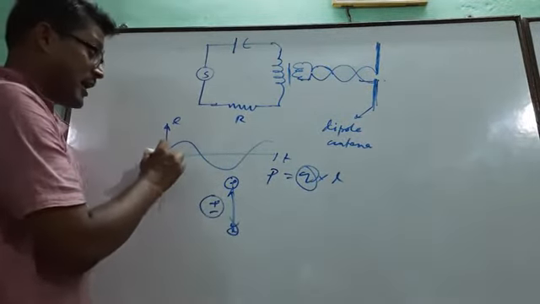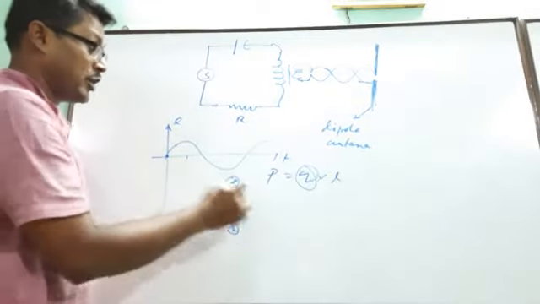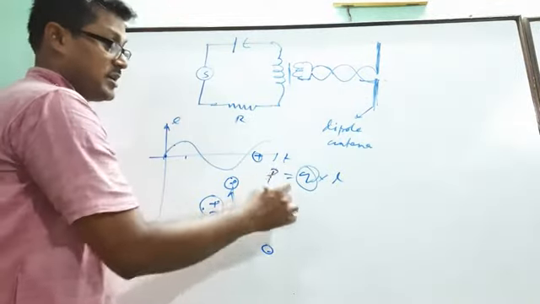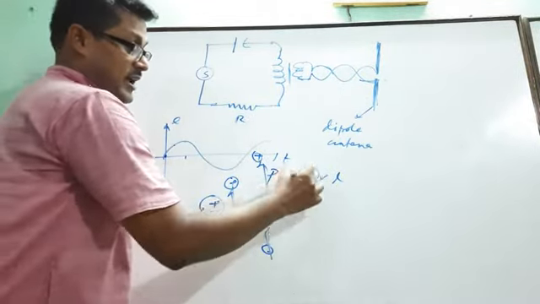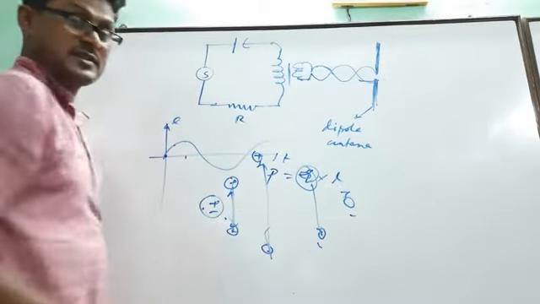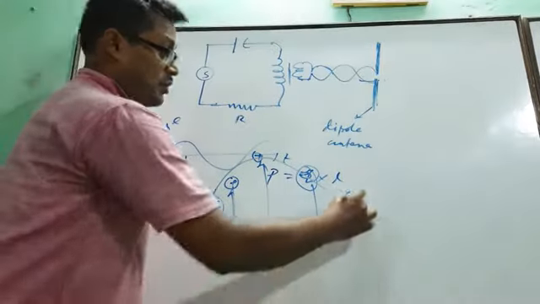Again here I have considered it at this point. Here also I have considered. Now at the peak point, the dipole moment is maximum. Here it is positive, here it is negative. So this is maximum. Again we have plus minus, again we have plus minus. So this is the variation of dipole moment.